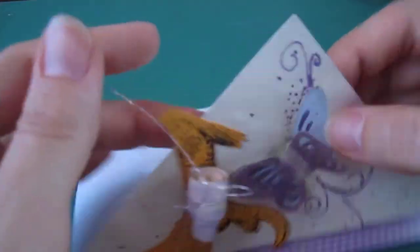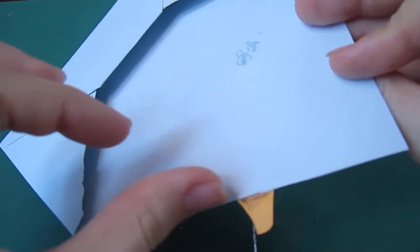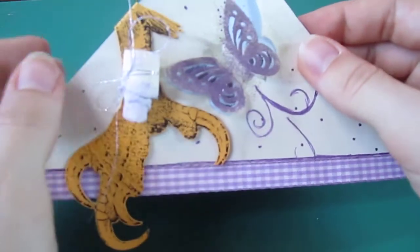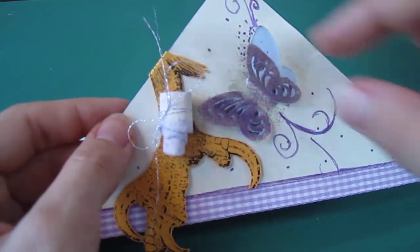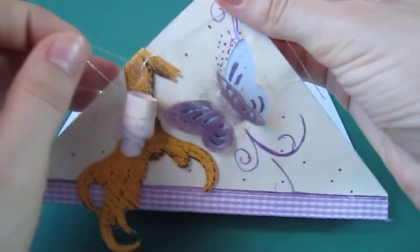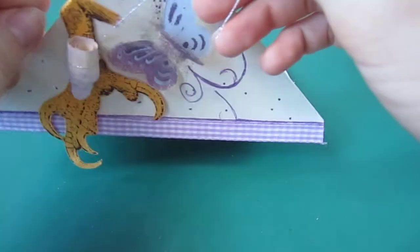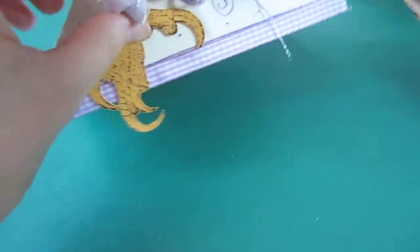I'll just snip off this excess. I forgot to do it before filming this. I'll just snip off this so it will be like this basically. Okay, and then I ripped a piece of paper. I just tore a long piece of paper, and with some silver paper I just rolled it down here, and this opens up, and it's